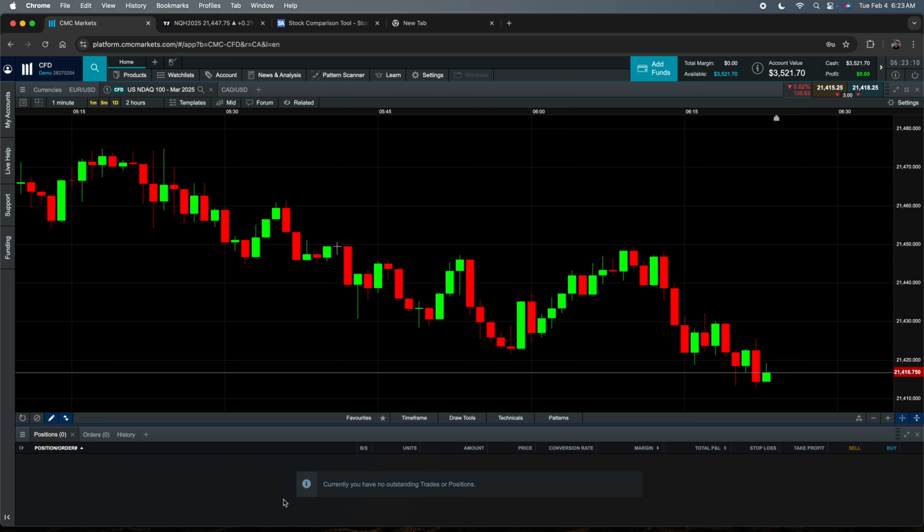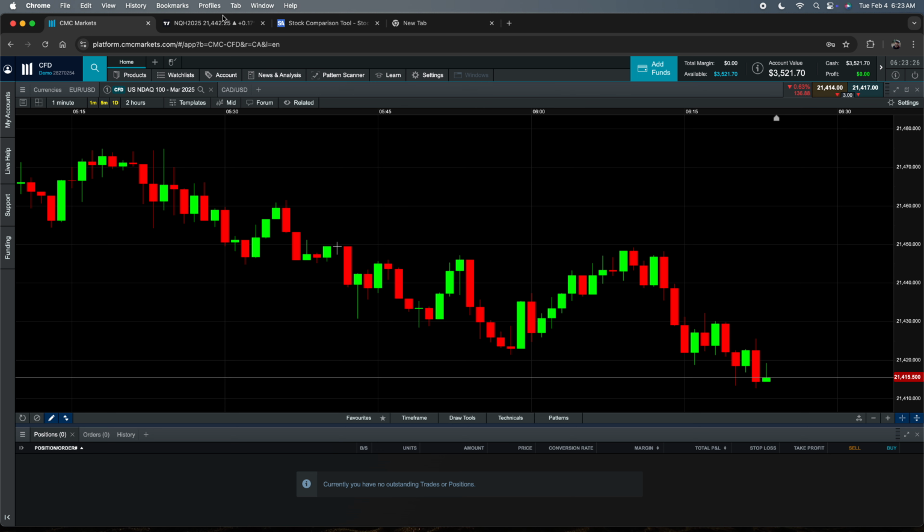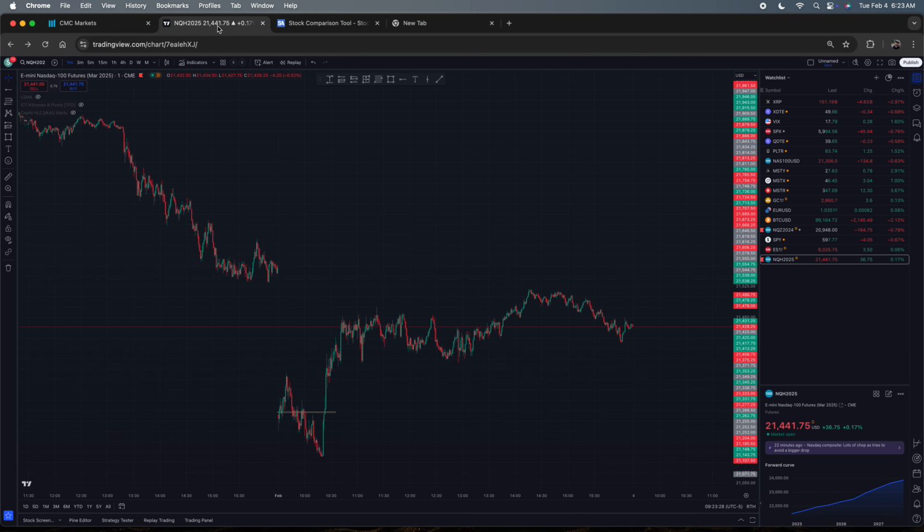We're 7 minutes before opening bell here at 6:23 in the morning on the West Coast. Markets open at 9:30 in New York. I'm on CMC Markets, and we're trading the Nasdaq March 2025 contract. First thing we're going to do is go over to TradingView. We're going to open up the same contract, on regular trading hours, and we're picking up this